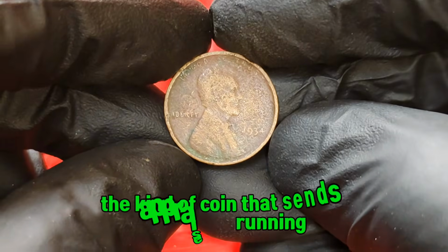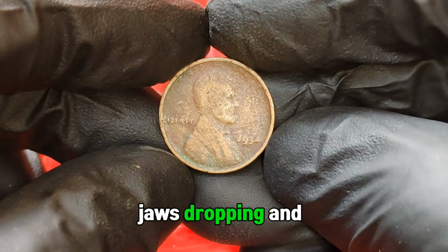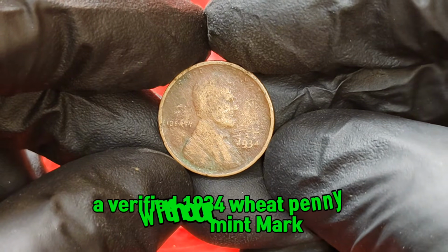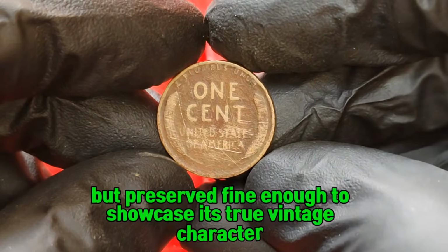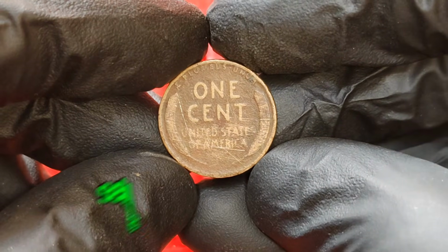The kind of coin that sends appraisers running, jaws dropping, and auction paddles flying. And just wait until you hear this. A verified 1934 Wheat penny without mint mark in original dirty condition, but preserved fine enough to showcase its true vintage character, recently shocked the numismatic market, selling for an eye-opening